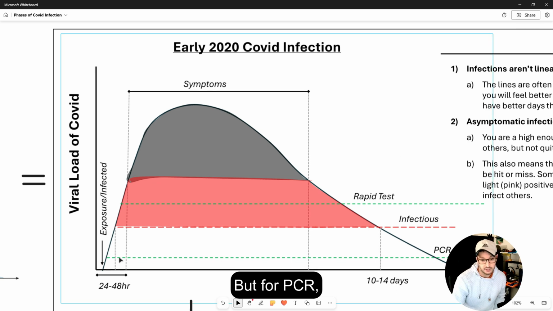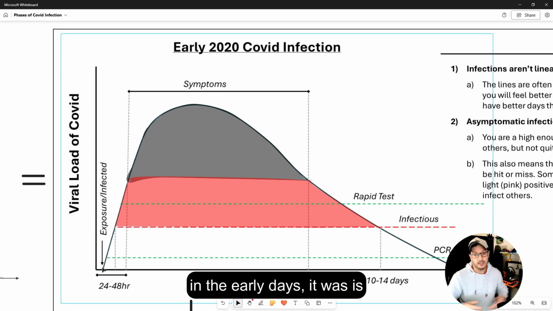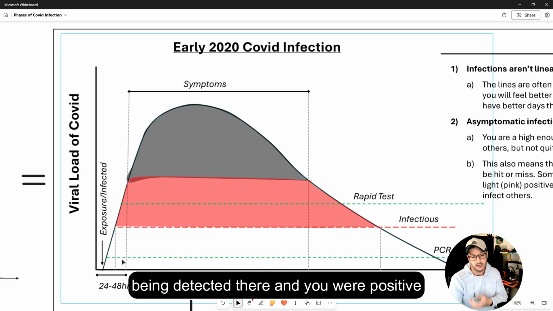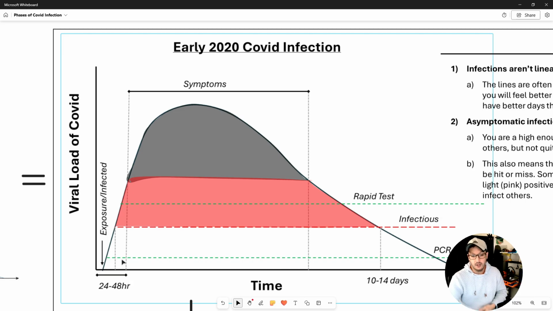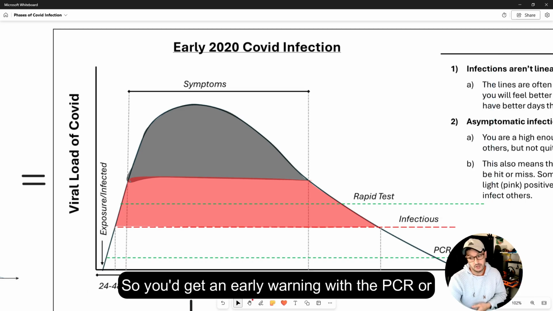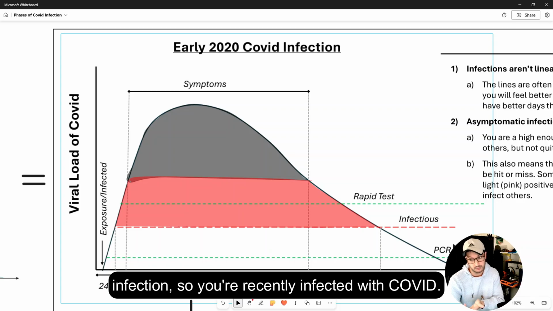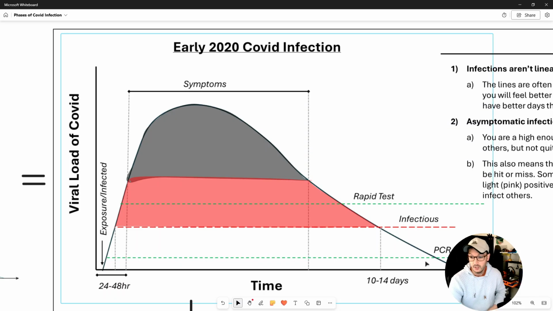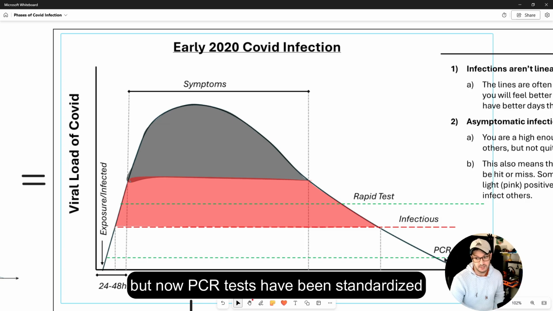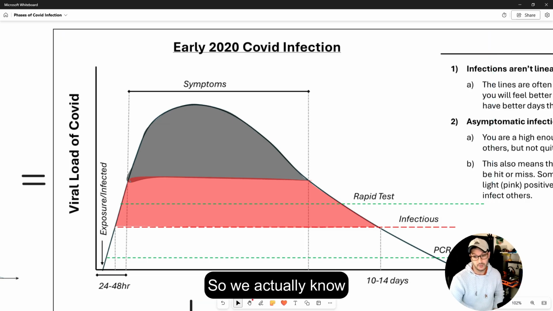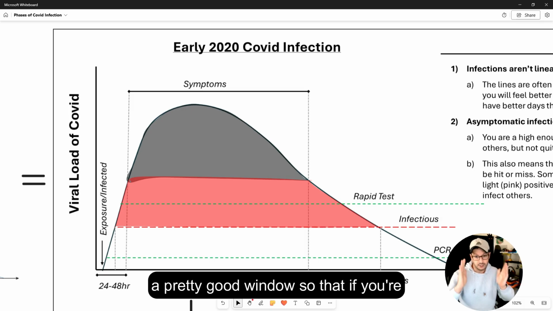But for PCR, in the early days, it was being detected there, and you were positive on that. So you'd get an early warning with the PCR, or be told, hey, you're at the tail end of your infection, so you're recently infected with COVID. You didn't really know at the time. But now PCR tests have been standardized against rapid tests, so we actually know a pretty good window, so that